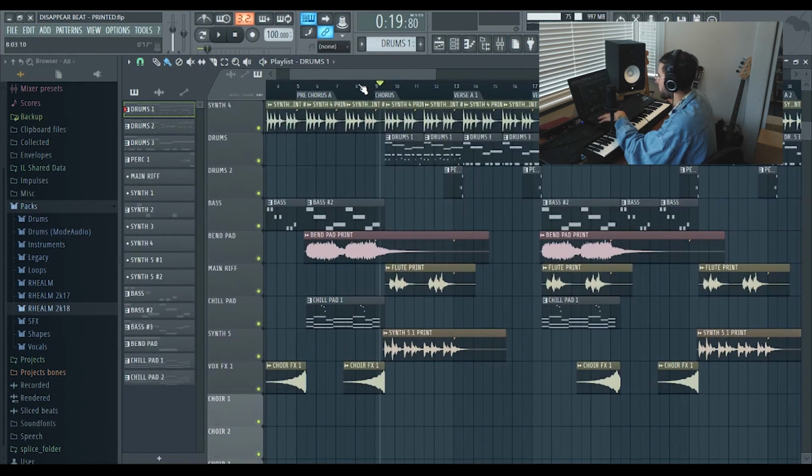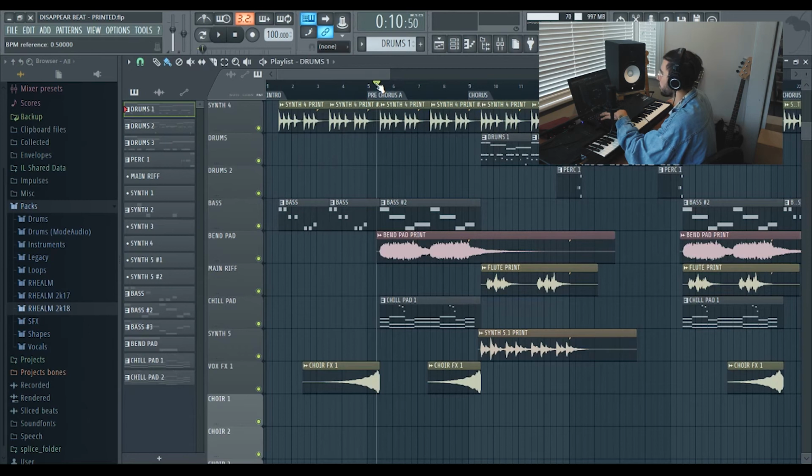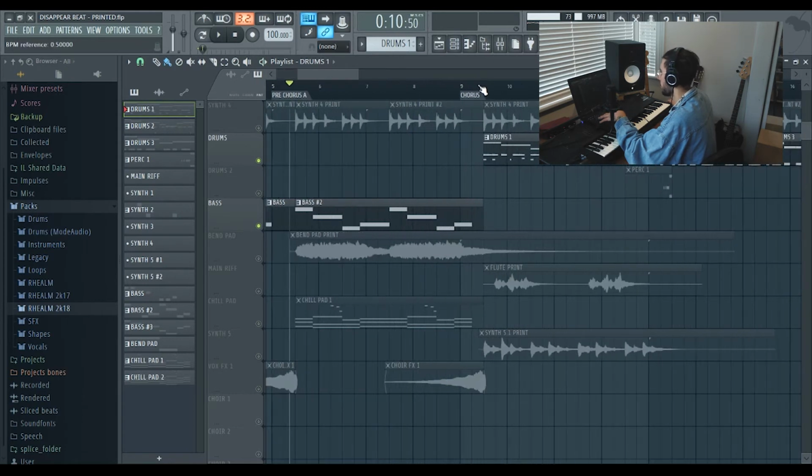Next element that I'd like to talk about is the bass. Going between the pre-chorus and the chorus, we have two different basses. The first bass being this one here, which is just like a Nexus bass. It's nice, but we needed a bit more energy in the chorus, so we changed that up again,